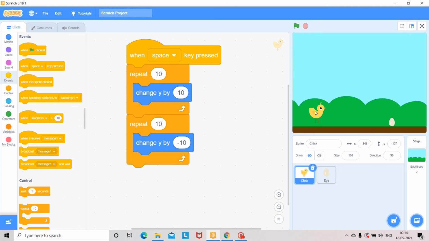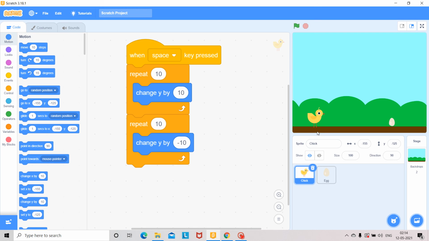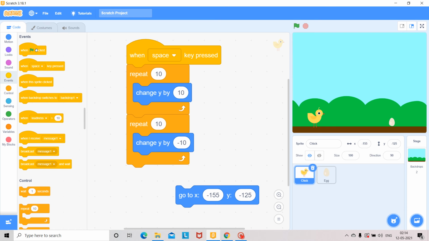By clicking the flag symbol, next it should take its actual position. So you can give the position of the chick also. First you select the chick and go to motion, and where the chick is present: on the x-axis minus 155 and on the y-axis minus 125. So go to x, minus 155, y minus 125, when the event is flag clicked.